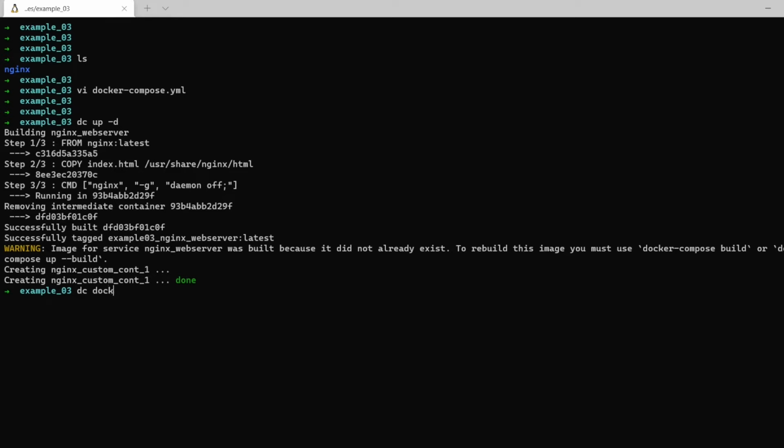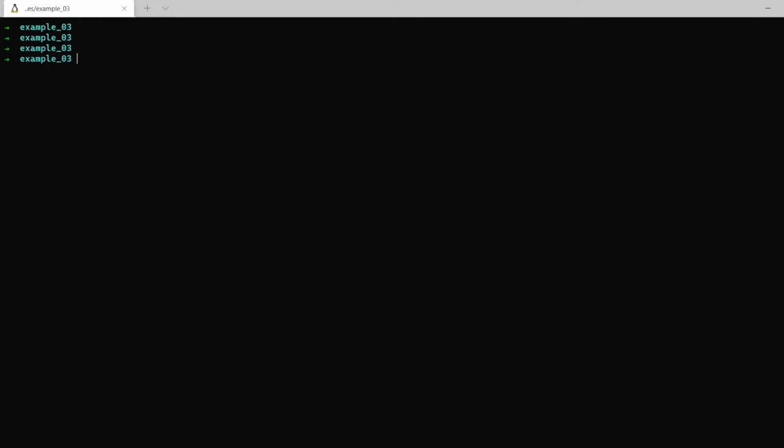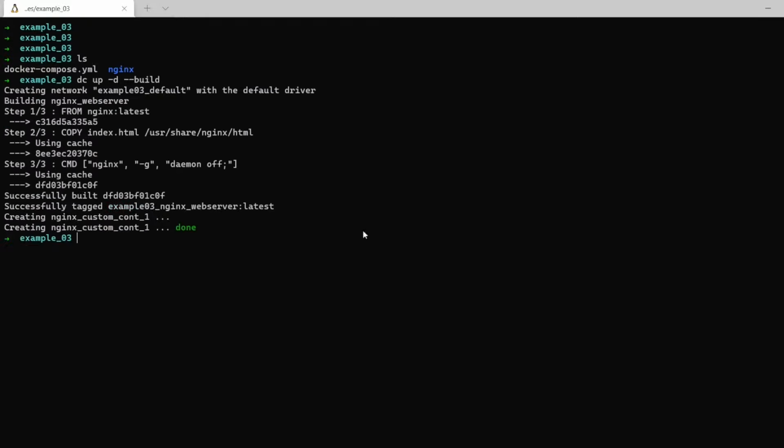but before that let us do docker dc down, and now let us see docker ps -a. Okay, no containers are there, so let us just do dc up -d --build, and it will again rebuild the image, and it has copied index.html into usr share nginx html. Now if we check our dc ps -a,